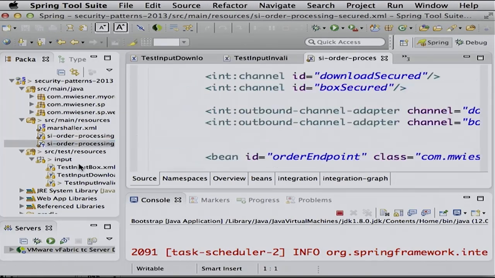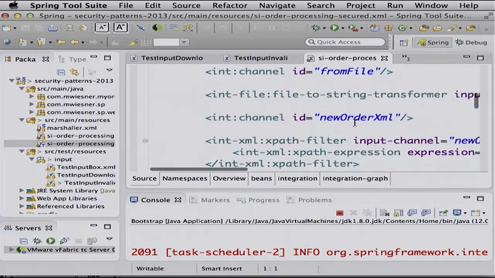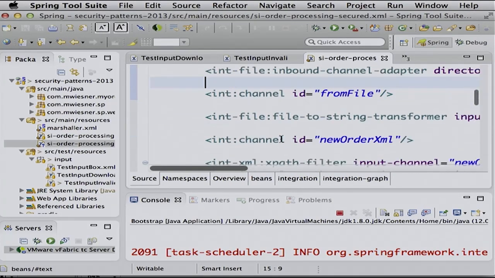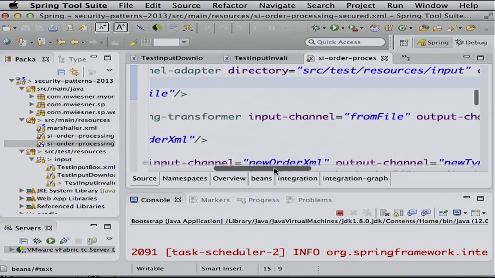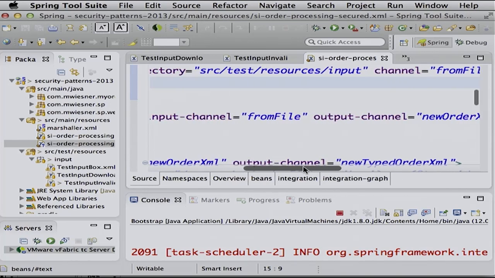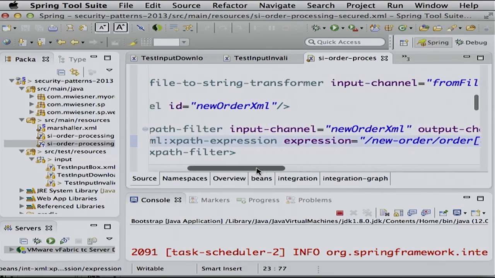That's the wrong one. No. Okay, so for some reason it's not in that file, but I will submit it to GitHub later on. You have to trust me now. No, it's not in there. Here it is.